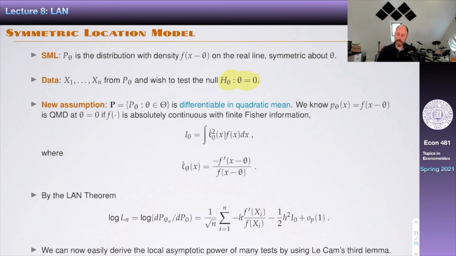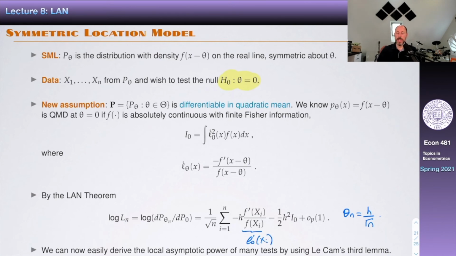So by the Le Cam theorem, we know that this is the log likelihood ratio of deviations, local sequences, with respect to the null. In this case, for us, this is the null hypothesis. These are sequences of local alternatives. So this theta n that appears over here is going to be h divided by square root n. And then we know how this is L dot at 0 of xi.